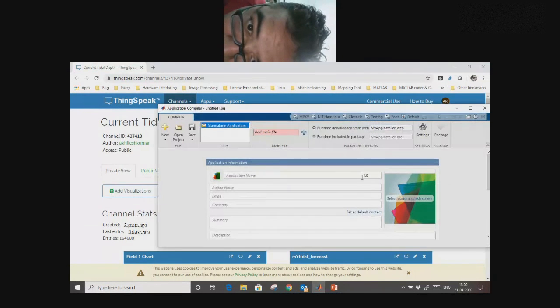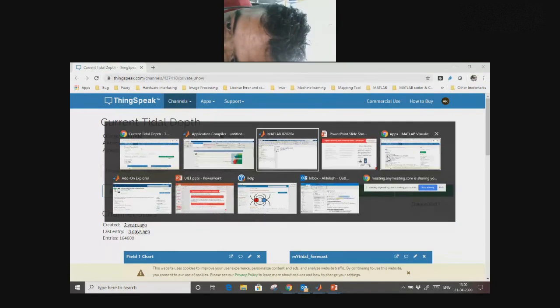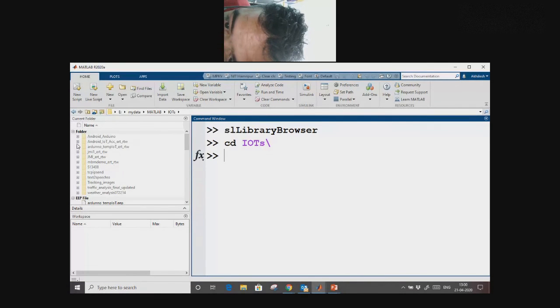Okay, fine. What I was saying: when you create a .exe file of it, you will get the